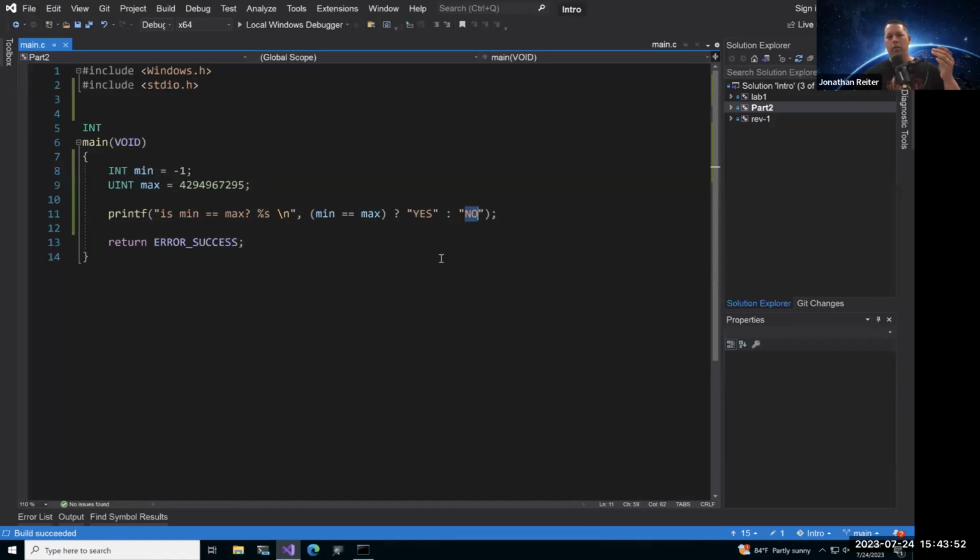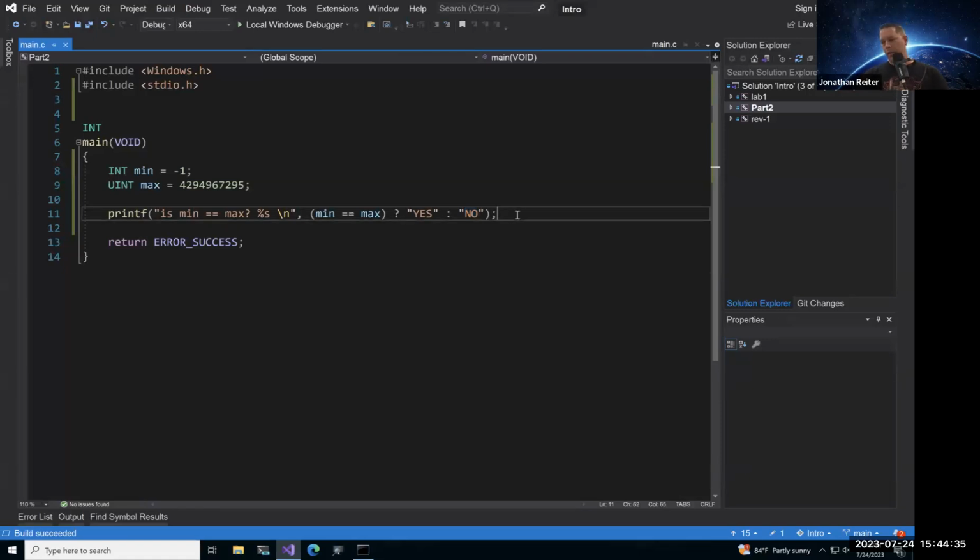So when you're going through, especially in the world of implant development, you definitely, absolutely have to keep this kind of stuff in mind. There are many functions out there that return different data types. And for numbers, integers, you need to pay attention to the sign of them, how they're going to be used, what you're going to do with it. Are you going to be adding unsigned numbers to signed numbers? Are you going to be subtracting them? Are you doing any bit shifting operations? And also stuff like this, are you trying to compare unsigned numbers with signed numbers?